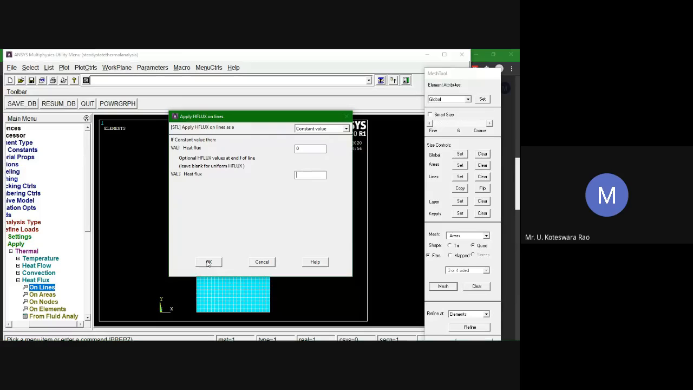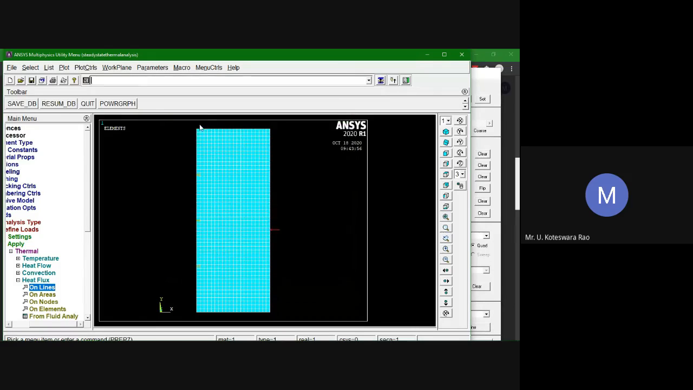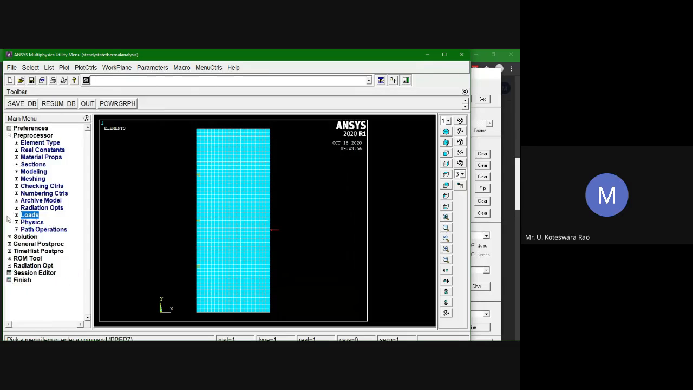Since it is an insulated condition, I need to enter it as 0. Even if you leave it blank, it will take it as 0. So that is also applied. So that's it, we completed everything. So once you're done with it,